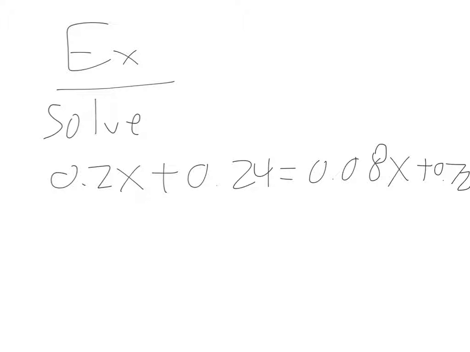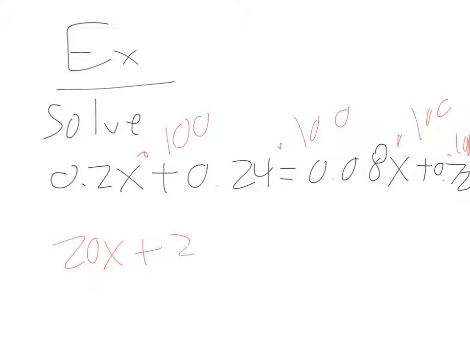Alright, since the decimal number with the most decimal places would be 2, because 0.24, 0.08, and 0.72 all have 2 decimal places, we could get rid of the decimals by multiplying by 100. So 0.2 times 100 would be 20x plus 0.24 times 100 would be 24 equals 8x